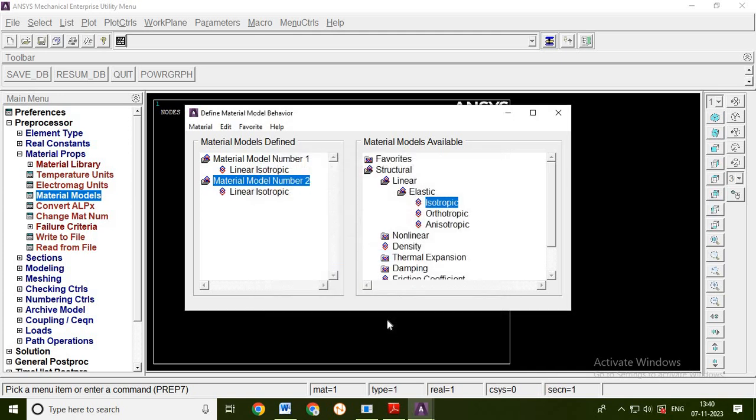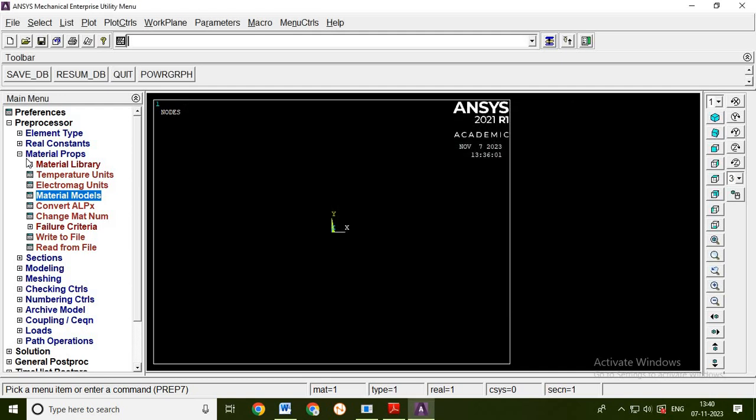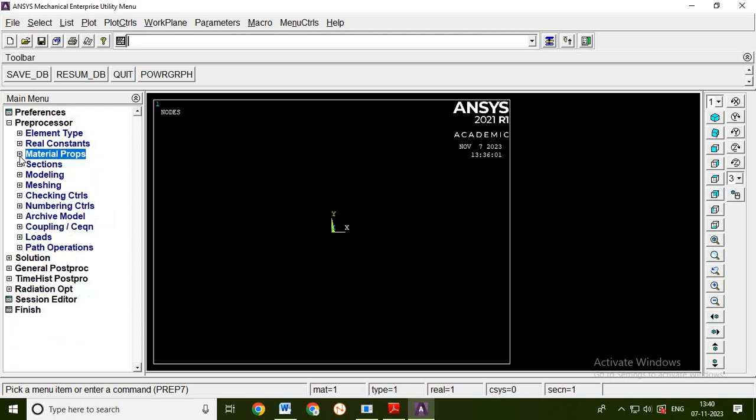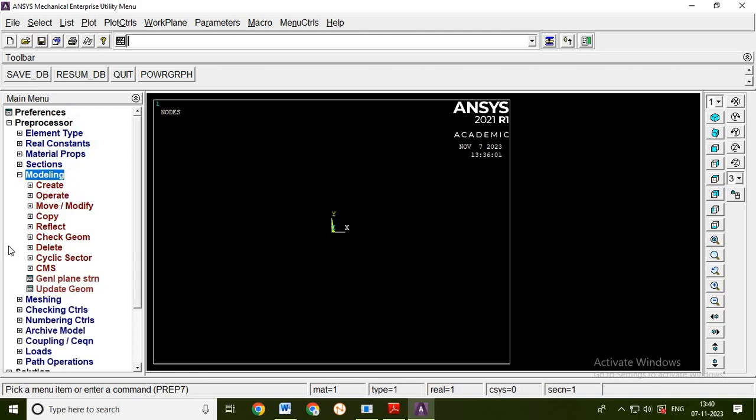Click on OK. Then the material properties are basically defined for both the sections. We'll then move further with the next section, that is modeling. We are going to click on the modeling. We have to create nodes and elements for this step bar problem. Then we are going to click on the create,